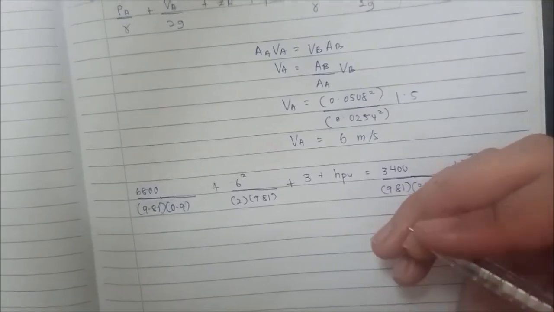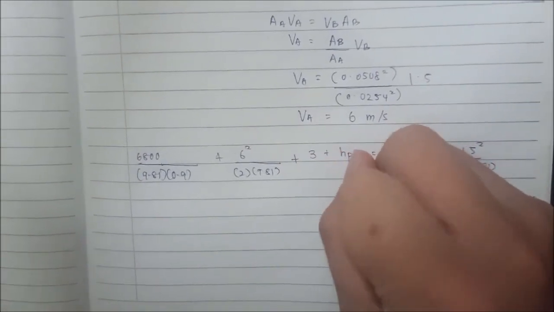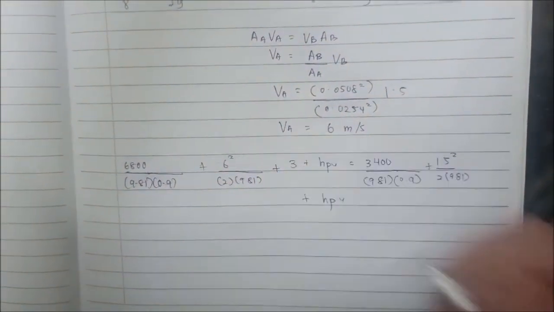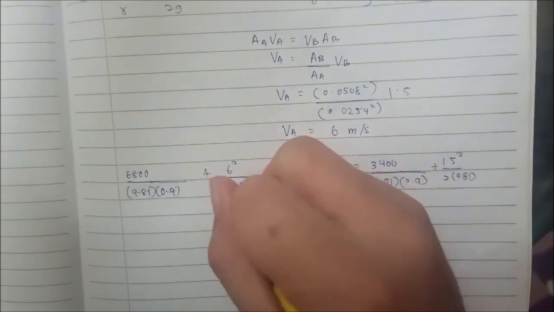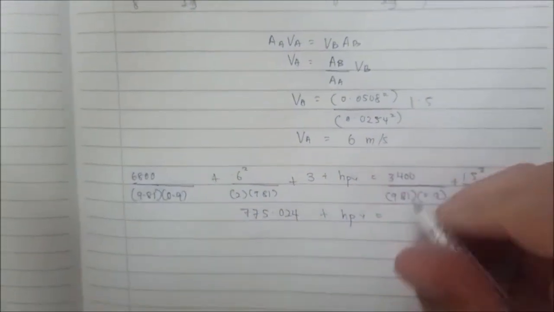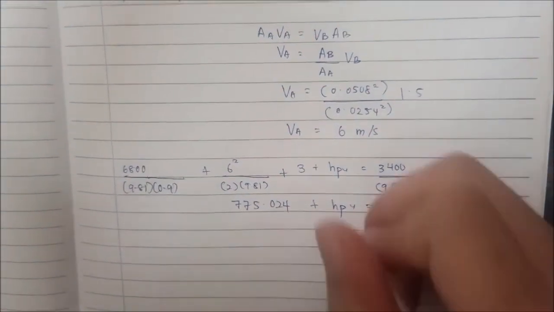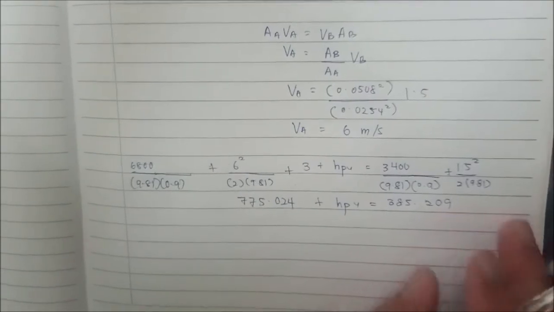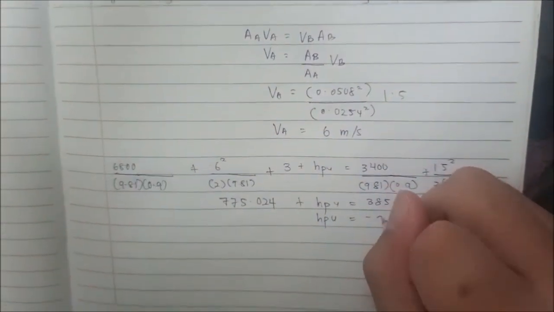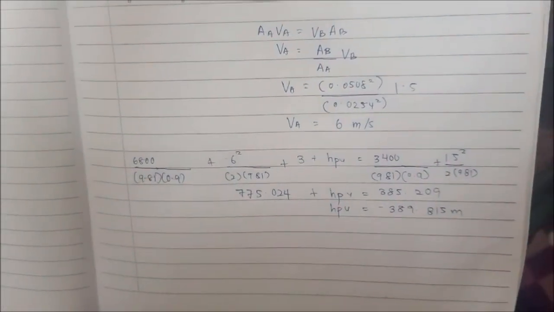So we have to find the HPU. Then we calculate the left side here with the calculator, and then we get 775.024, and then at the right side we get 385.209, and then this is subtracted, and the answer for HPU is negative 389.815 meter. So the formula of the WP,